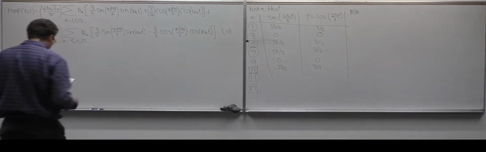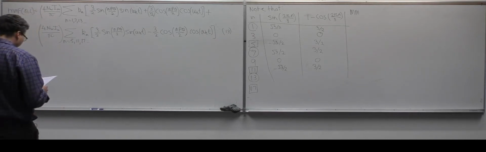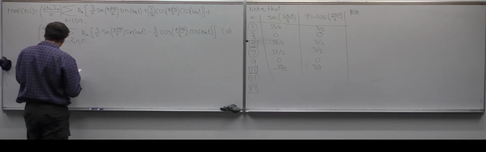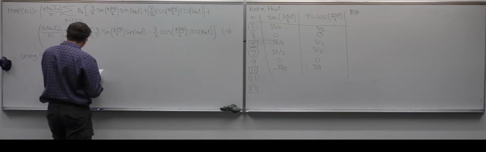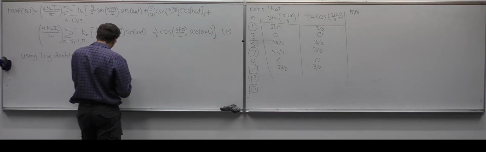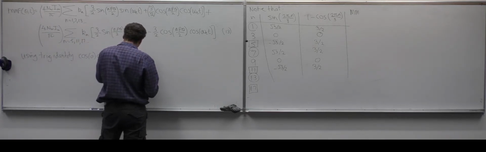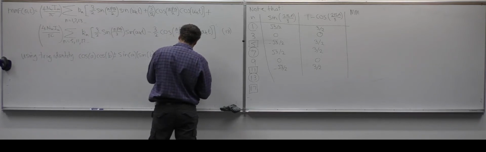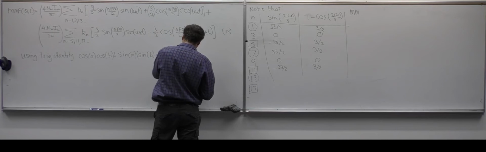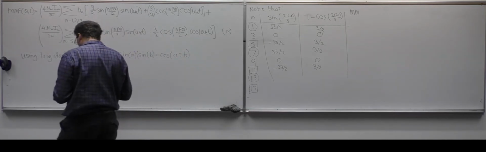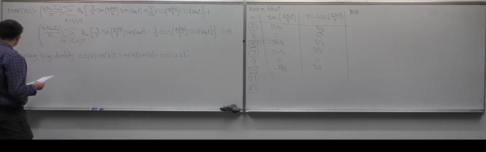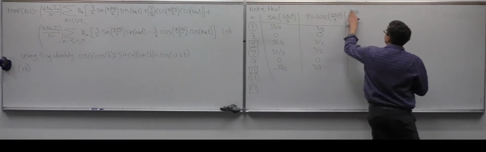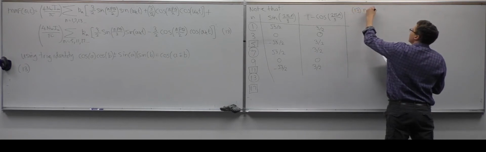We can take one step further on this, using the trig identity: cosine A times cosine B plus minus sine A sine B is equal to cosine A minus plus B. So if we use this, we can then note that, so 13, actually I'll write it over here. 13 now becomes